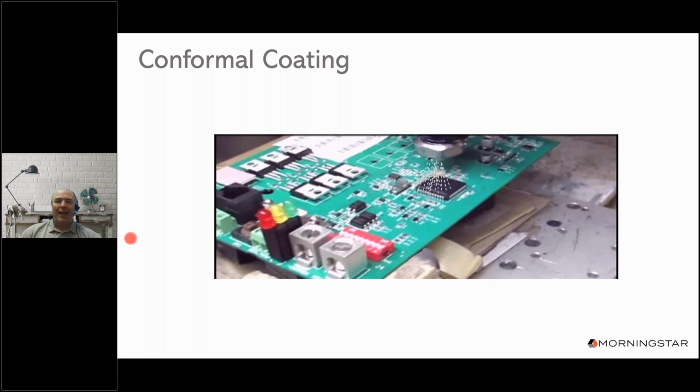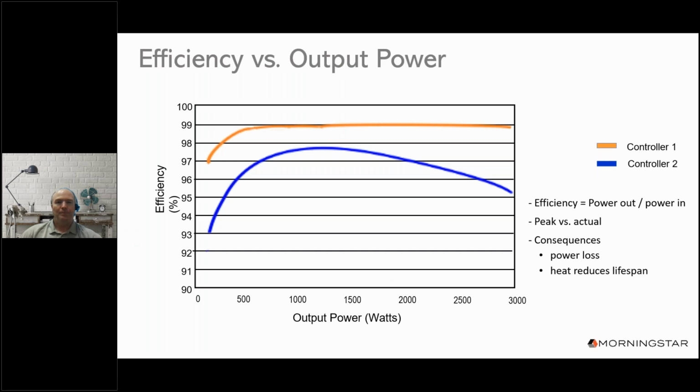All right, next we're going to take a look at how the efficiency of a Morningstar controller varies at different power output levels. So let me advance to that slide. Efficiency is a ratio of controller output power to input power from the PV array. Or another way of looking at it, how much power is lost by the controller in the form of heat because of inefficiencies. You see how on this MPPT controller graph of efficiency versus output power, the Morningstar controller that's represented by this orange line, you can see how it provides significantly higher efficiency at both the low, medium, and